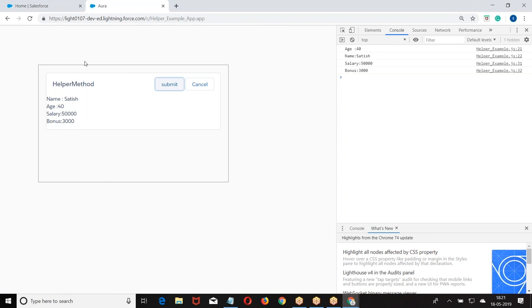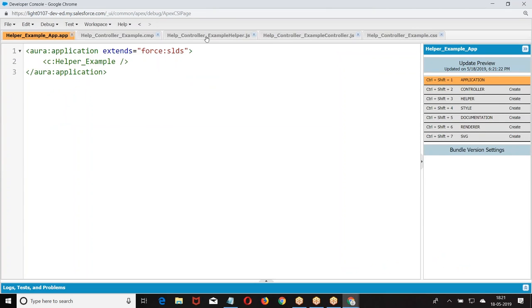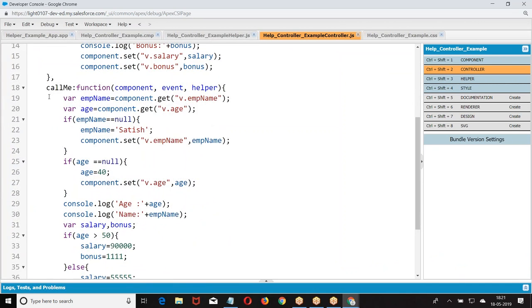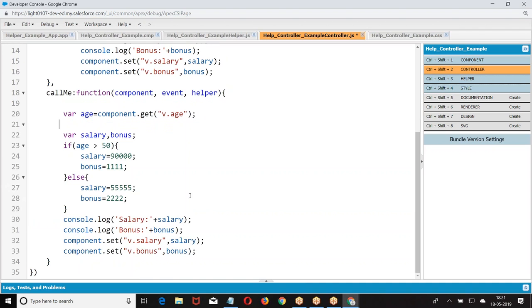We are getting the values 50,000 and 30,000. The same. Can I do it in the second one also? Remove it. Helper dot, pass the component. It's just like whatever the common functionality was there, we defined it like another function and we can reuse it whenever I need. Are you getting my point?